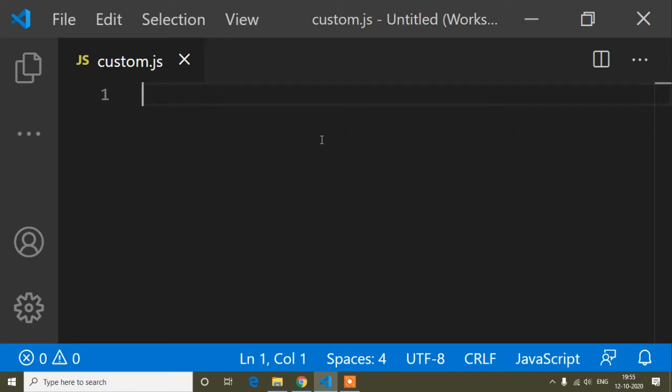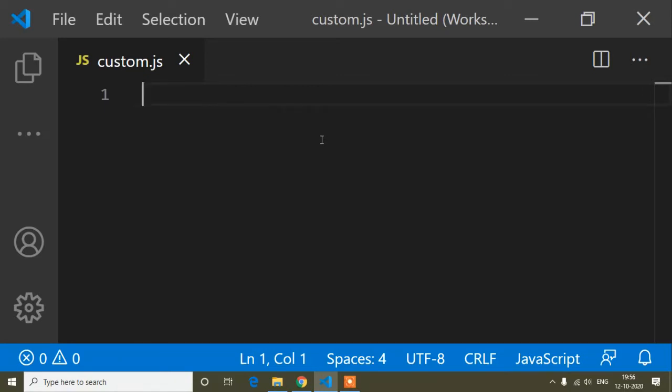Hello guys, today in this tutorial I will show you how to use array object concat, and in the previous tutorial I had shown you how to use array concat. So if you did not watch my previous tutorial, I recommend you watch it, and I will provide the link in the description. Please go to the description and watch that tutorial, because without watching array concat you will not understand how to use array object concat. So guys, let's start this video.